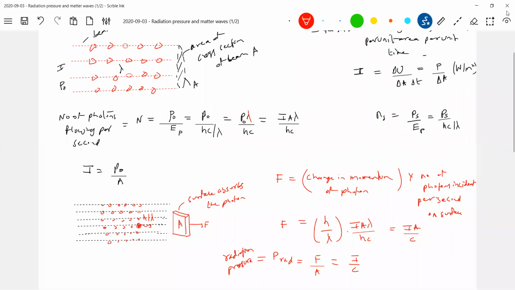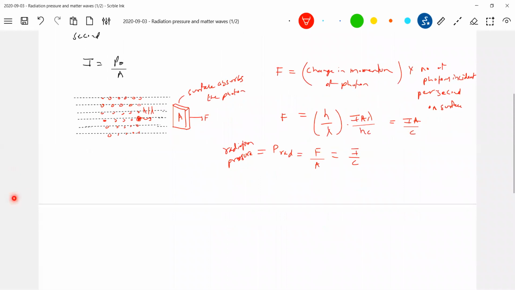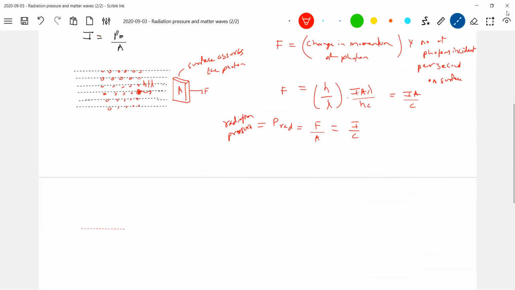Can this force make a body accelerate, or is it just a theoretical thing? Yes, this force can accelerate a body. So with a beam of light, can I make a block move? Yes, I can make a block move. Now let's introduce this here so that you get very good application problems. There's a block of mass m I kept here. Then a beam of light is incident. Only the intensity is needed; the intensity of the beam is I. The area of cross section of the block: let that side length be L.